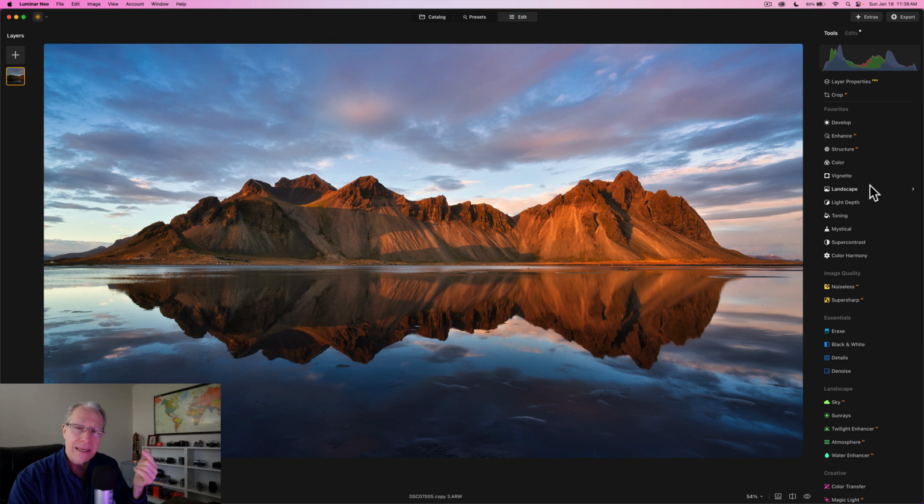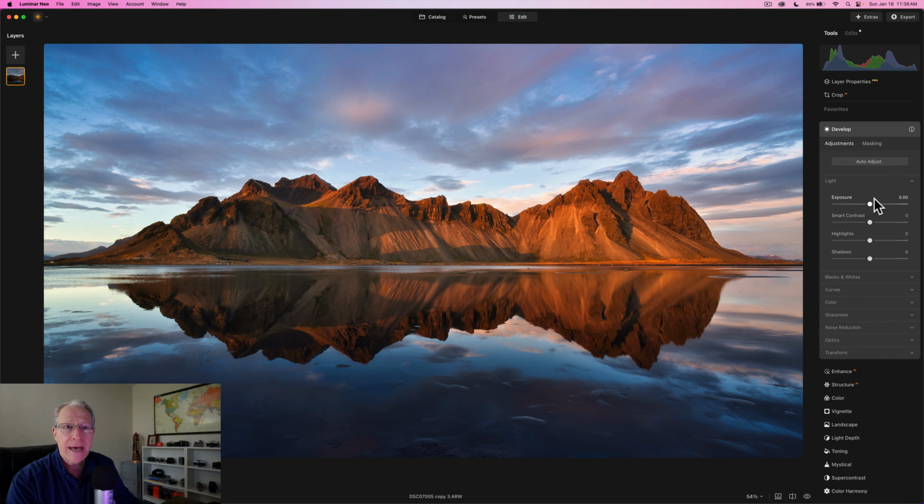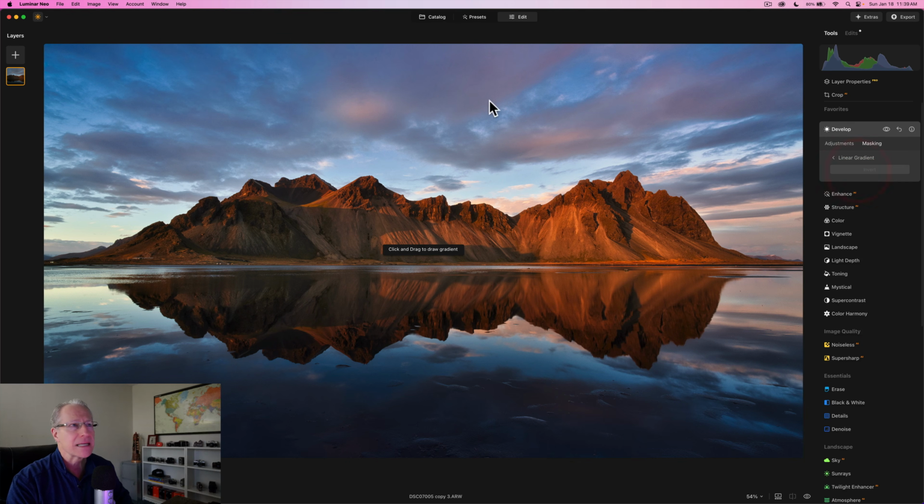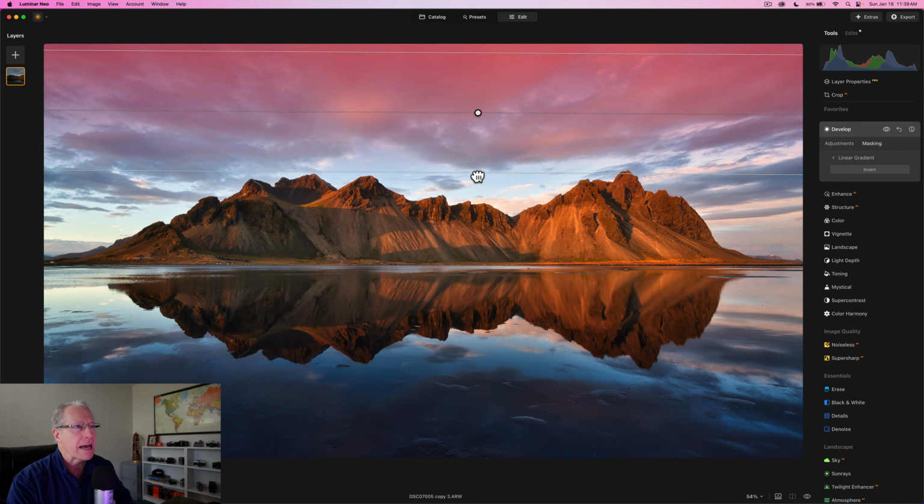And that means I just come in and I build a custom vignette, and I do that in Develop. And you can do that by just dropping the exposure, right? So I'm going to go drop it half a stop, let's say, but I'm going to come in with mask and I'm going to use a linear gradient. Same thing we've been doing. These tips allow you to really control your light. So instead of getting that half a stop drop, I'm just going to gently apply this in the sky, and